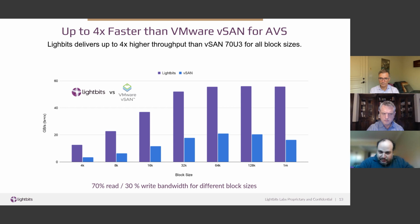So now back to the numbers. What you can see here in purple is the throughput that Lightbits can achieve in gigabytes per second versus the throughput that you can achieve, for example, with vSAN, which is here, the blue bars. And you see a combination of 70% read, 30% write for different block sizes, starting from 4 kilobytes up to 1 megabyte. You see that Lightbits, as you push more and more throughput by, for example, increasing the block size, scales up to the point that we are limited by the network bandwidth. While with vSAN, you see that the scalability is limited. You reach a bottleneck, a maximum throughput, and you are not consuming all the network capability at 32 kilobytes,